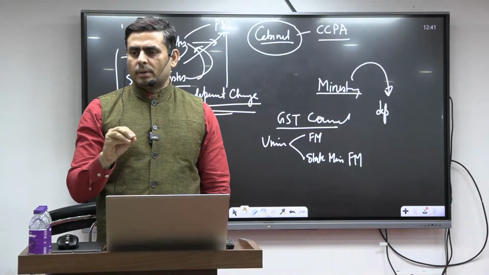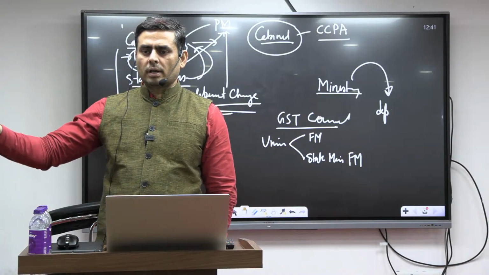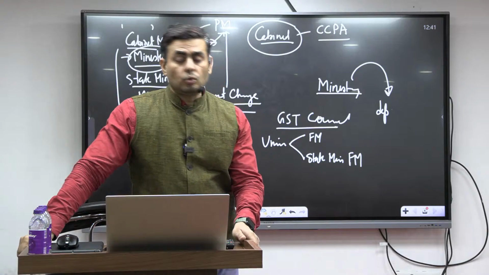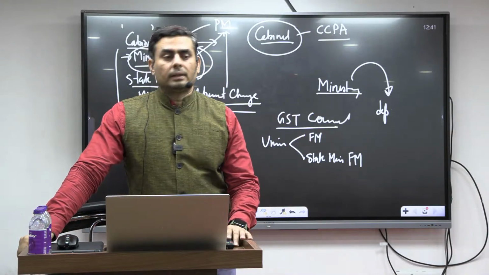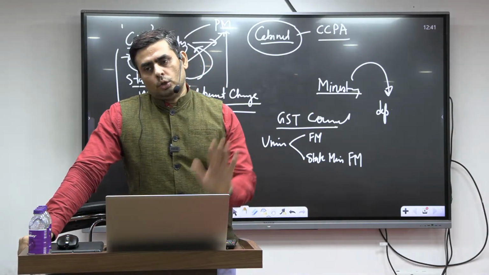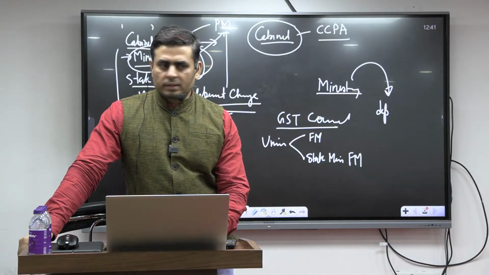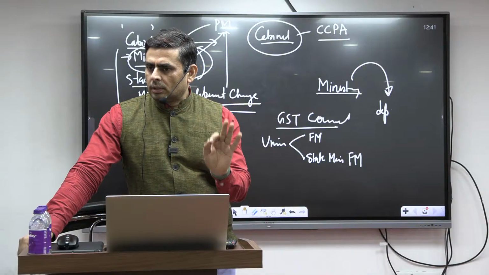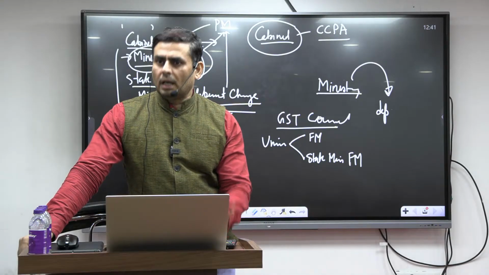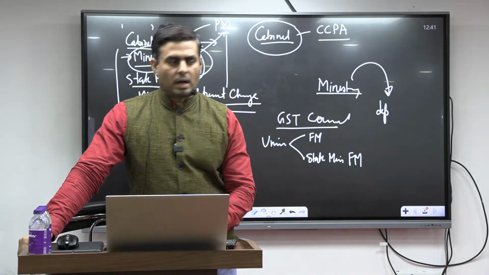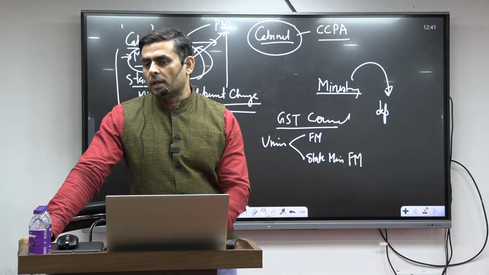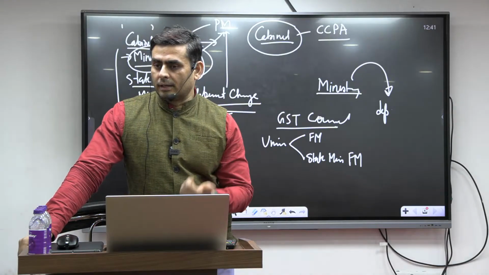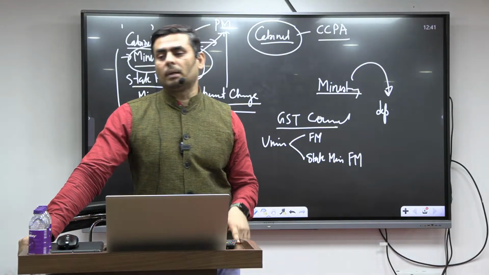So they can appoint a person who can represent these union territories at where? GST council. Those union territories who do not have an assembly, they are represented by whom? Union government. Understood the structure? So the structure works in this way. Are union territories being represented in the GST council? Answer is partially yes. Why partially yes? Because those union territories which have a state legislature can represent directly, whereas other union territories are being represented